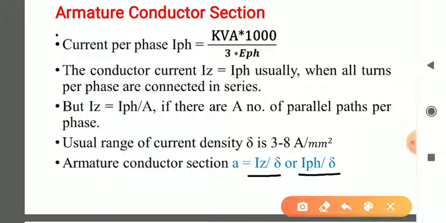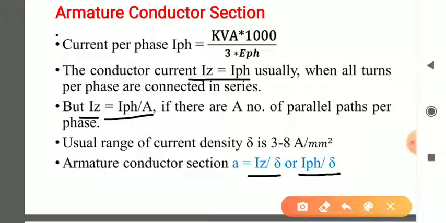But if the phase is divided into a number of parallel paths, in that case the current in the conductor divides in the parallel paths. So Iz equals IPH divided by A. Otherwise Iz equals IPH. So we can write the equation for the conductor cross section in two ways. Either Iz divided by del or IPH divided by del,